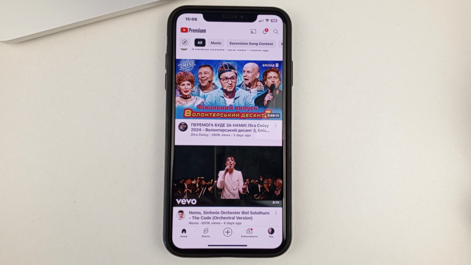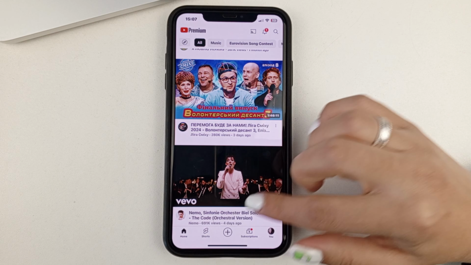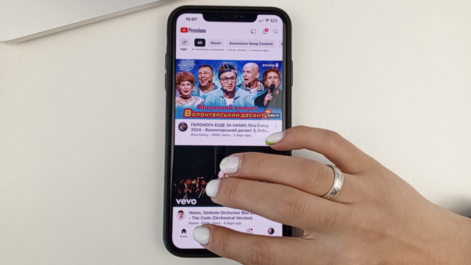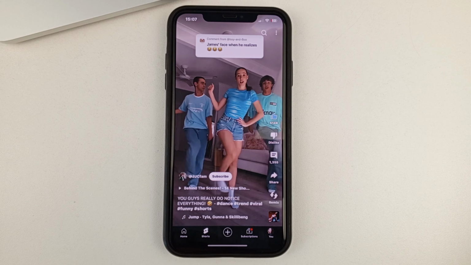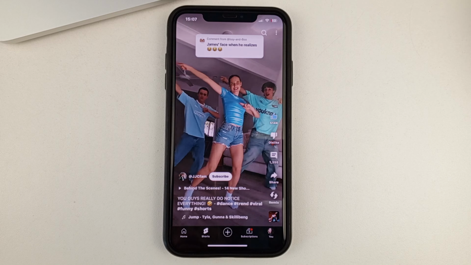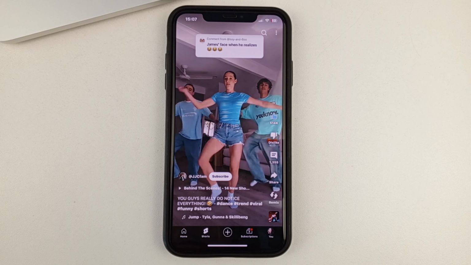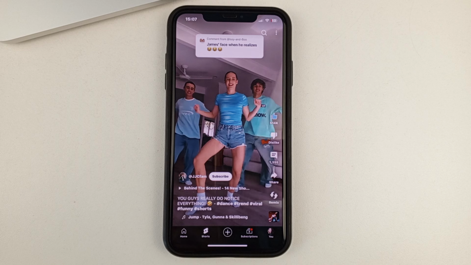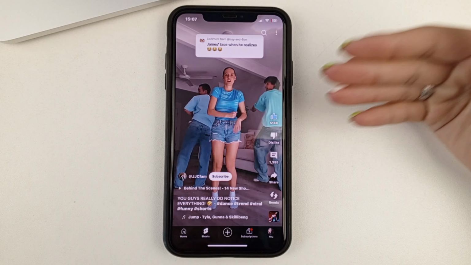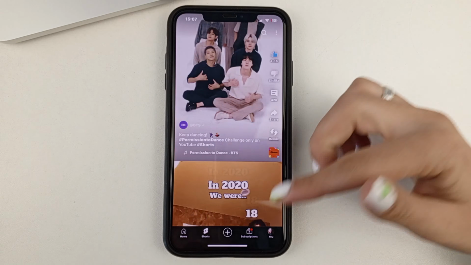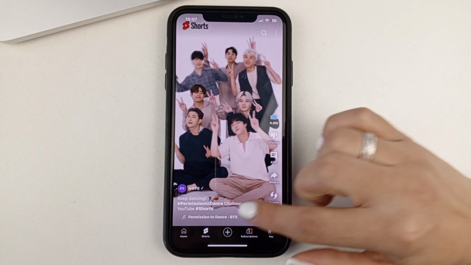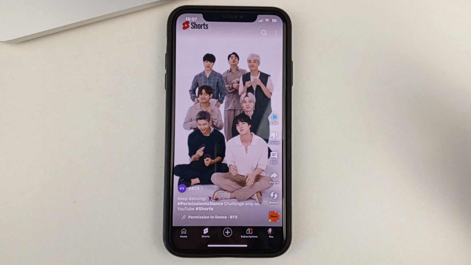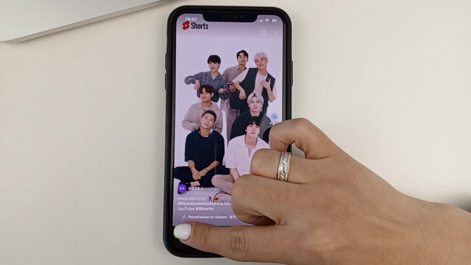So, if you go to YouTube and want to scroll through the feed to watch short videos, or what they call Shorts, then you'll click on the Shorts section at the bottom. And that will take you to the videos. But I'll tell you right away, you can't rewind all the videos. If it's a short video like the one shown here, you won't be able to rewind it because you won't see a special slider down here.